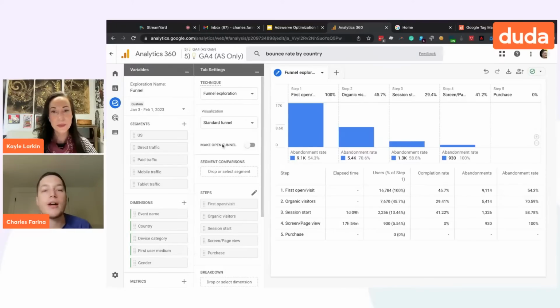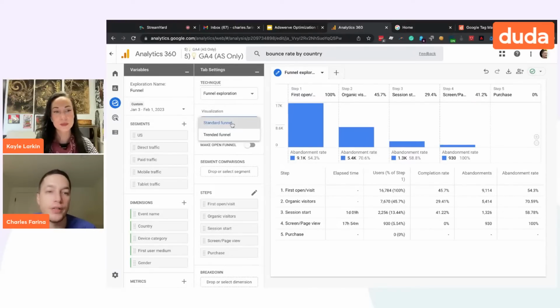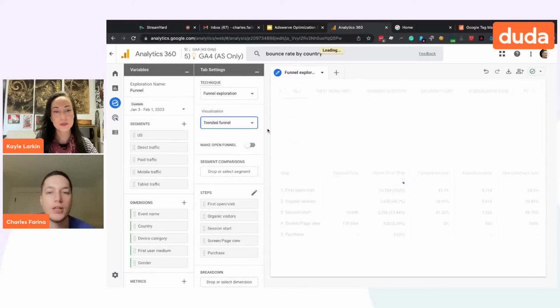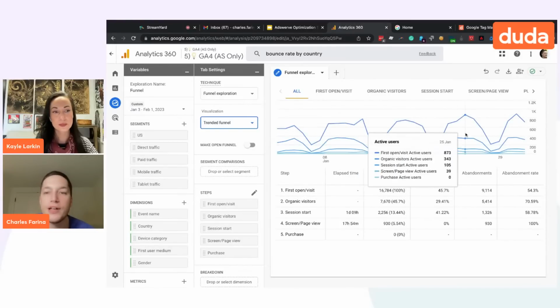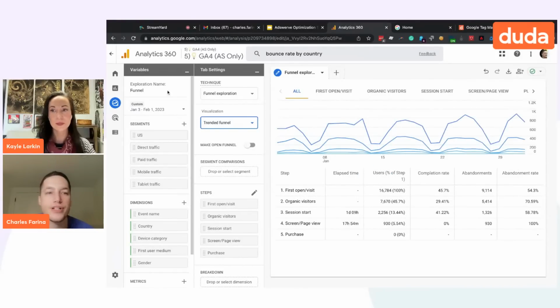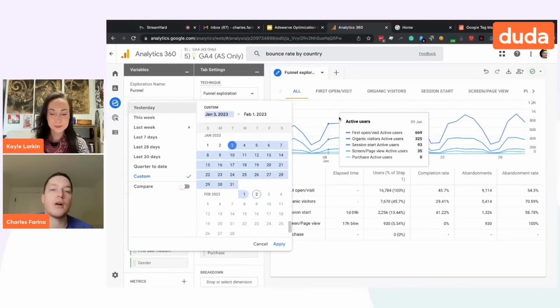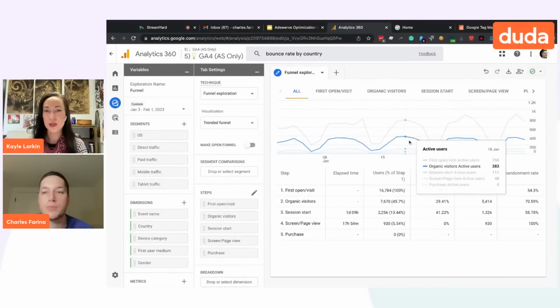It would be very hard for you to answer that question in a visualization with a bar chart. There's no concept of time in this funnel report. But in here, if we change the visualization from a standard funnel to a trended funnel, Google will quickly plot each step on a graph, and you can see over whatever date range we're looking at, how our funnel and each step within that funnel is performing.